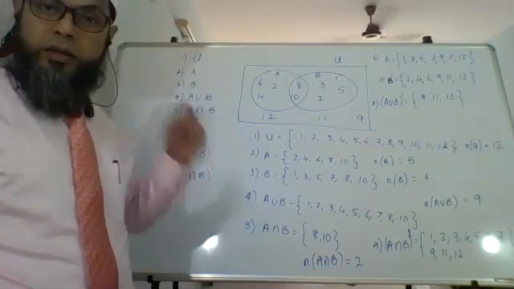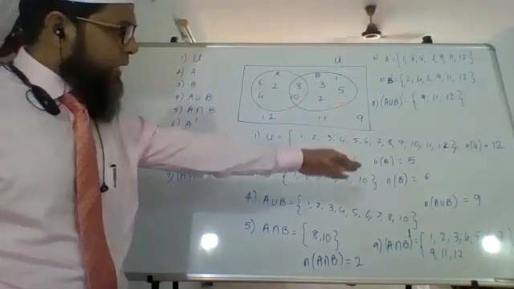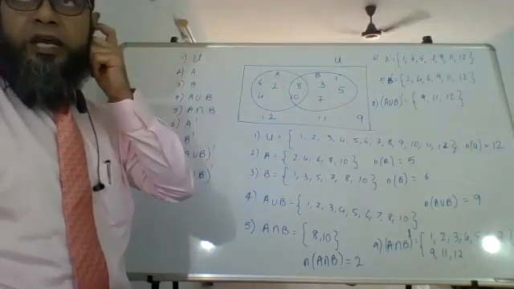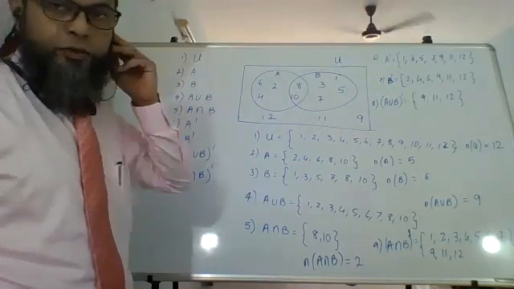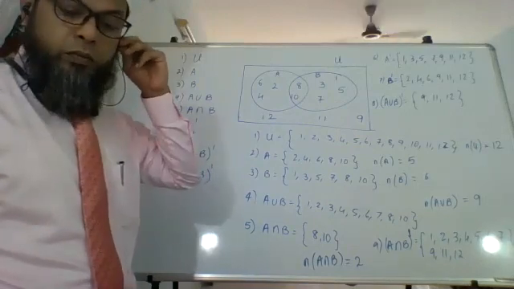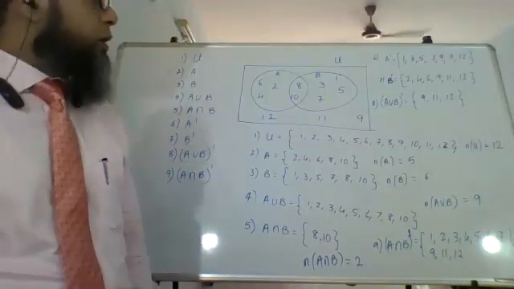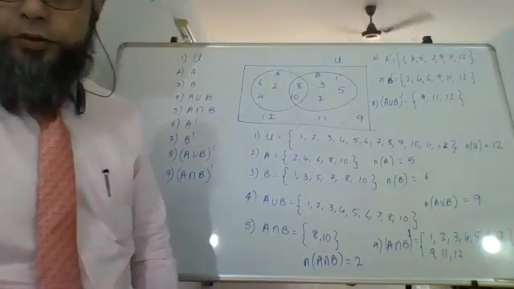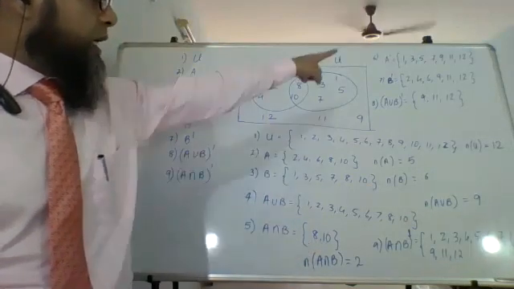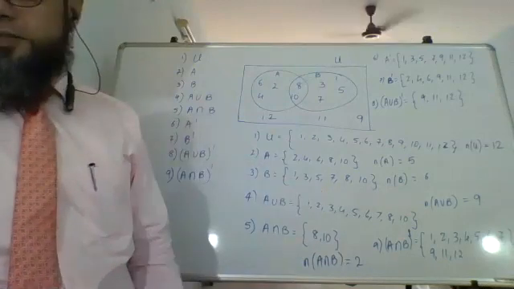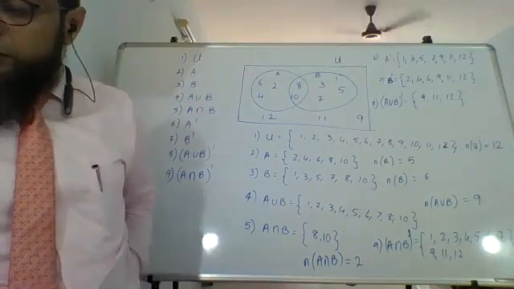Okay, is this clear? The set that you have written, the universal set, write all of these in front of it: n of u, n of a, n of b, n of a dash, n of b dash. Write that fast, so it will be easier for you. Then I'll show you one formula. Actually, it is a property or a formula which can be used. First do this, then I'll explain that formula to you. When this is done, let me know. The 9 sets that we have written, write n of all those 9 sets. All those 9 sets we have to write them. Okay, n of them.